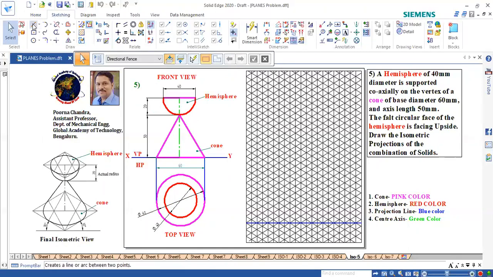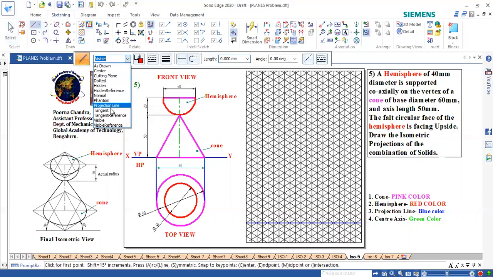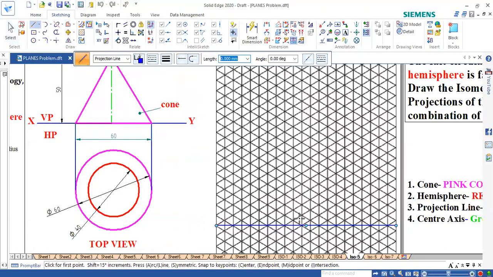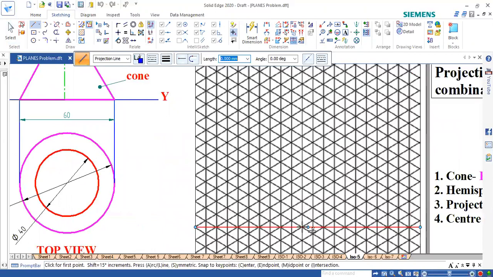So now first we shall start here. We'll go with the projection line. I'll start here: 10, 20, 30, 40, 50, 60, and then on the left side 60.